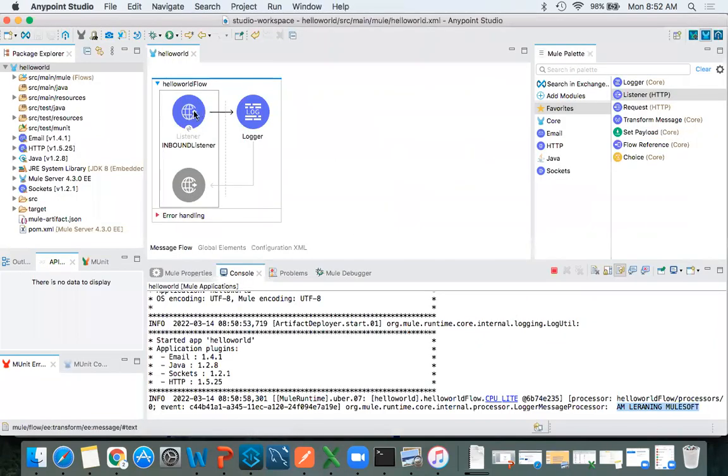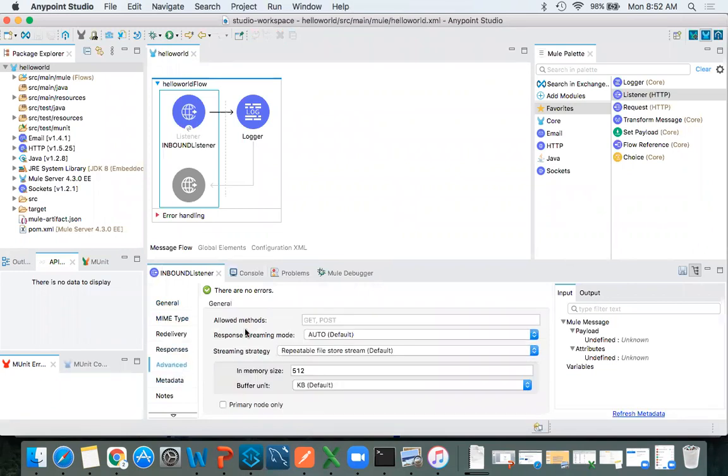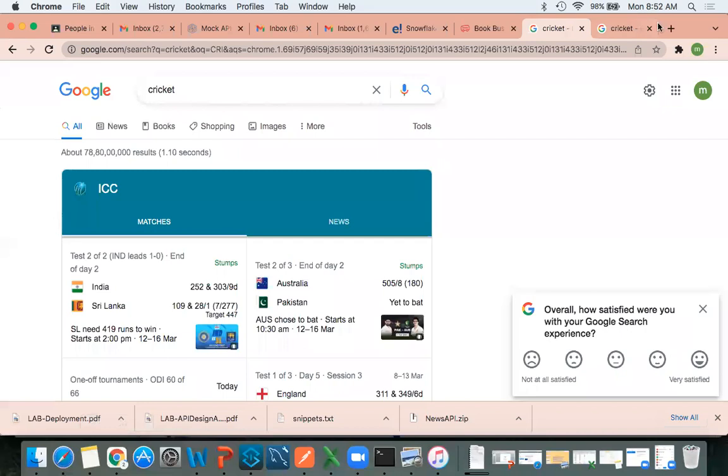I'll click on this HTTP listener. Okay, I will click on advanced. So here allowed methods are there, right? Can you see this option? Yes. What did I provide here? Get and post. No, I did not provide anything. That is not the default. That is just, you know, what we can call it, a label, or just a watermark kind of thing. The moment you are registering something,